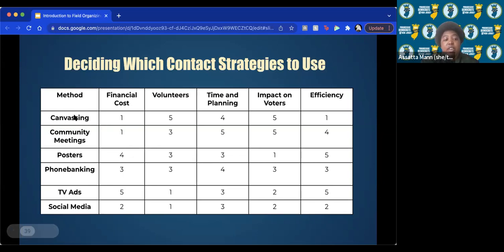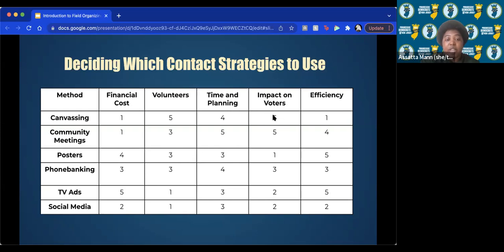So in terms of canvassing as a method, the financial cost of that can be pretty cheap, right? It all depends on how you do this. If you're using volunteers, if you're paying organizers, but it can be cheap. Printing out door hangers and all of that can be relatively inexpensive when you compare it to some other campaign costs. But in terms of volunteer capacity and how much energy that's going to require from your volunteers, this is like a 5, right? Canvassing is the thing that takes the most time, the most energy, but it also is probably one of the most effective things that's going to have a huge impact on your voters,